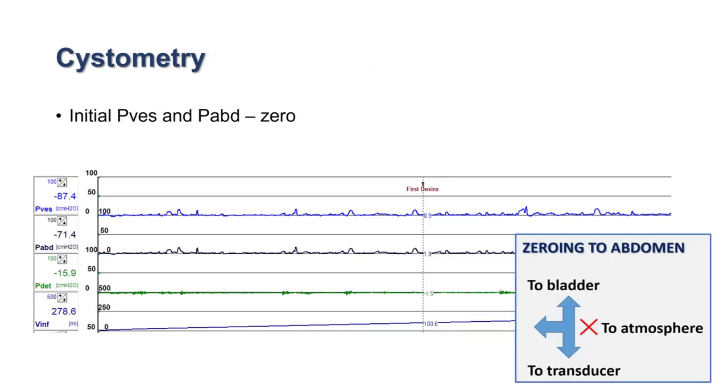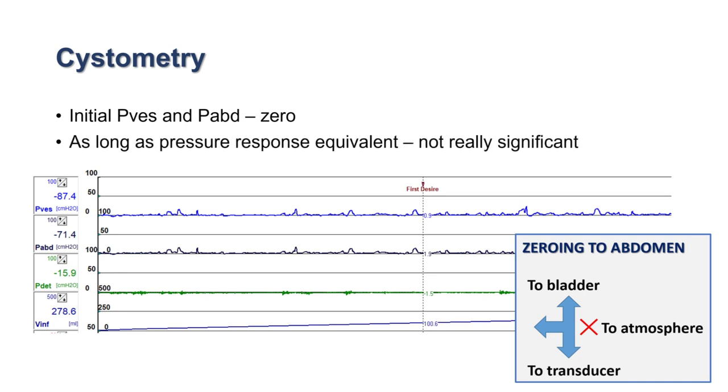Now, in cystometry, if the initial PVES and P abdomen are zero, that is, the zeroing has been done to the bladder and the rectum, not to the atmosphere, it can be considered an artifact as per ICS guidelines. As long as, however, the pressure response is equivalent, it's not really an artifact, as you can see in this